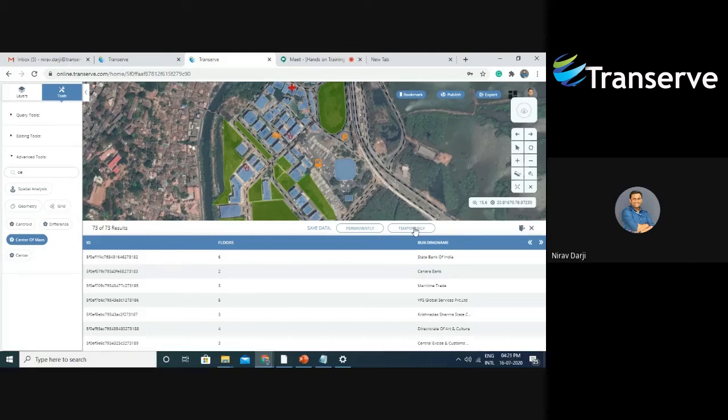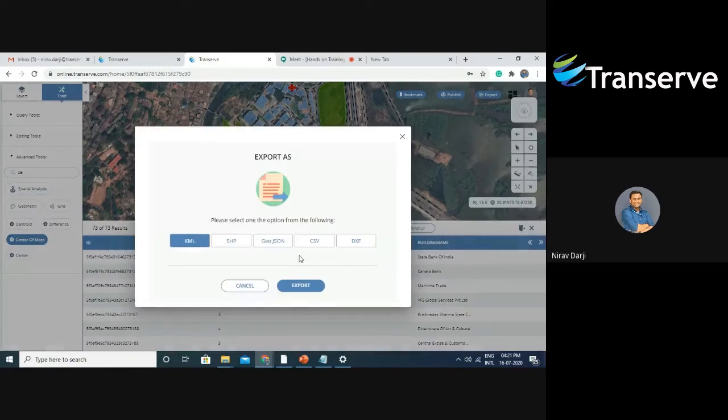Once I say permanent, it will take a little time to load on your server, and it will bounce back in a minute. So that's why I'm not going to show you the permanent part, but I can show you how to save it later on. More or less, whatever database has been created, you can also export as a KML, shapefile, GeoJSON file, CSV, and the file you export is compatible with your AutoCAD files too.